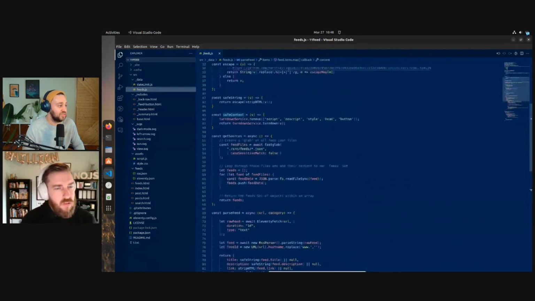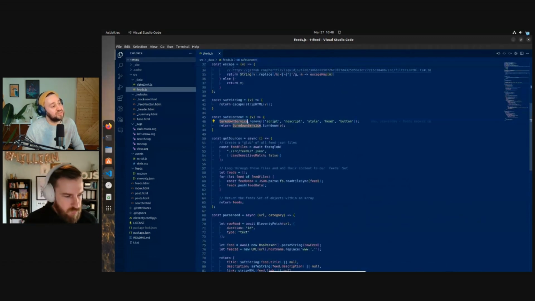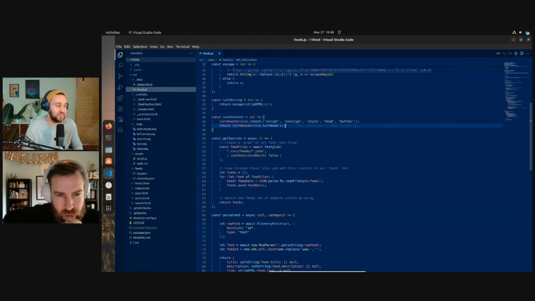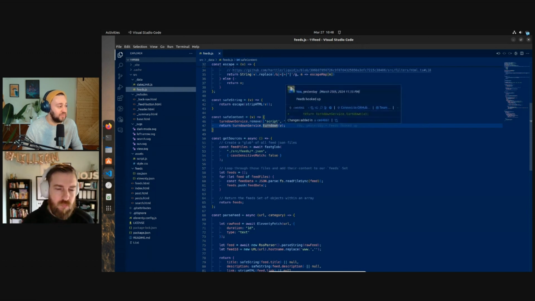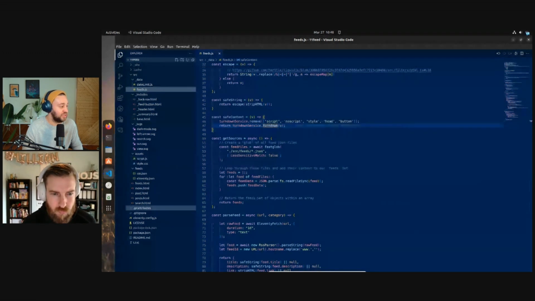I'm using Turndown, copying and pasting, removing those tags, but anything it doesn't support in CommonMark, it will strip out anyway. And then it's just saving it as markdown, and then when I go to output it,